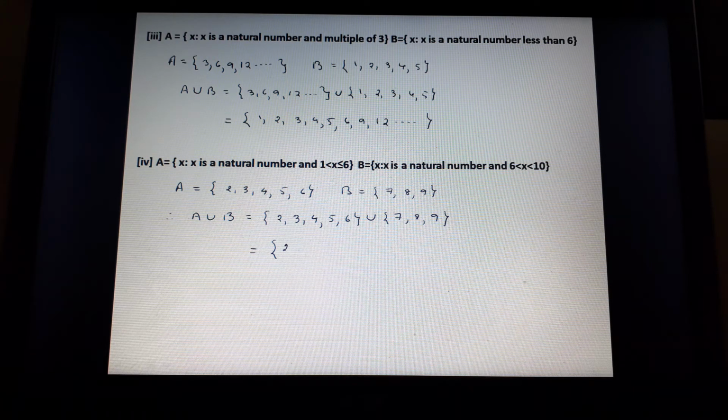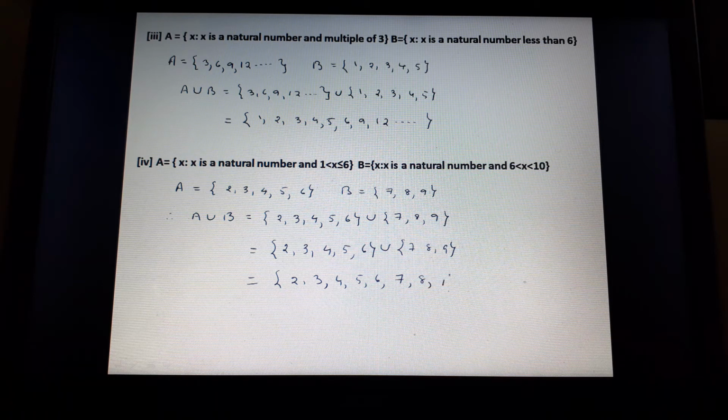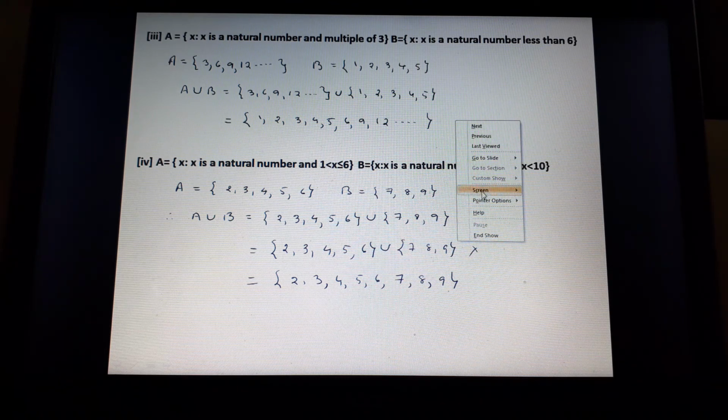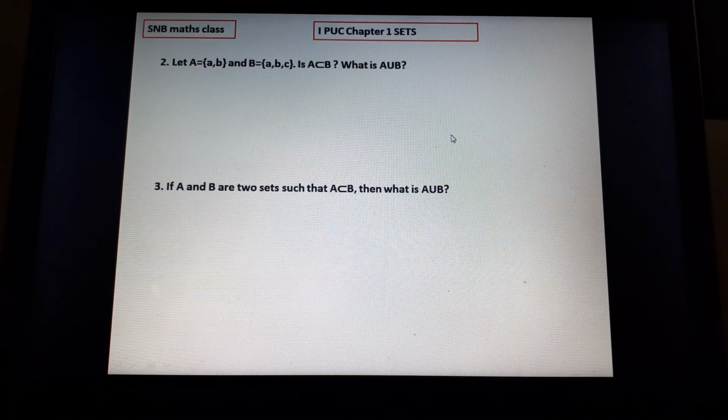So then write the union. First you can write this 2, 3, 4, 5, 6. Then union 7, sorry, already written, so this is once again not necessary. 7, 8, 9, so repeated. So this you can write 2, 3, 4, 5, 6, then 7, then 8, then 9. Please note this step is repeated. So this is the answer. So what is important here is whenever the set is given in set builder form, first convert into roster. Then it is easy to write the answer.